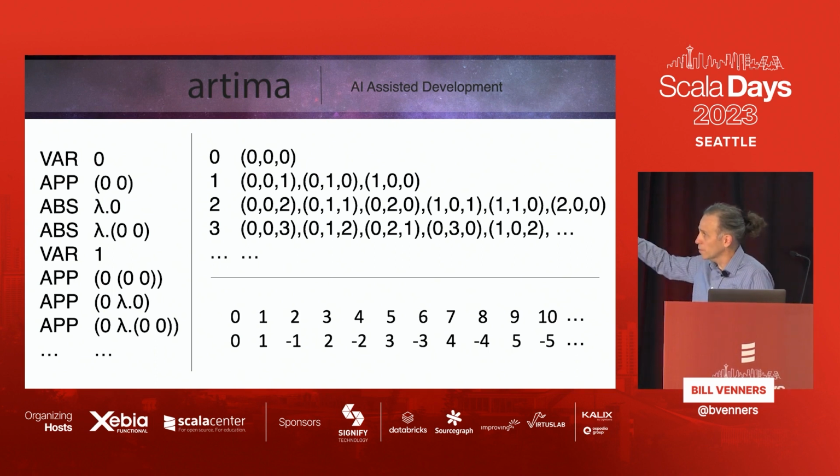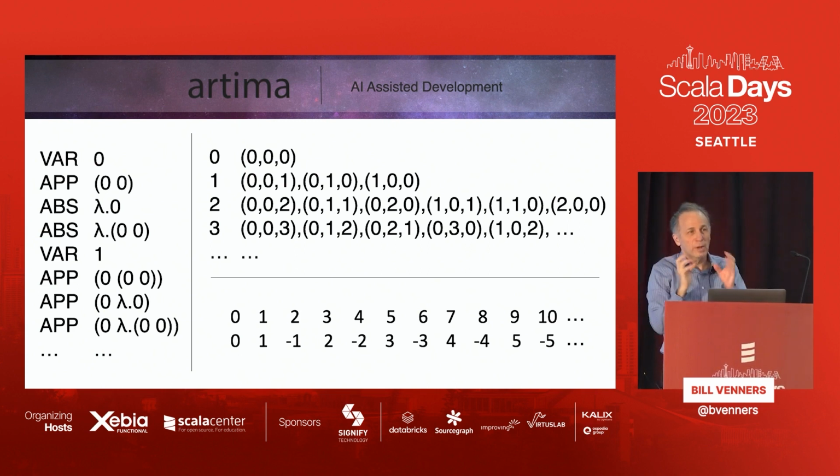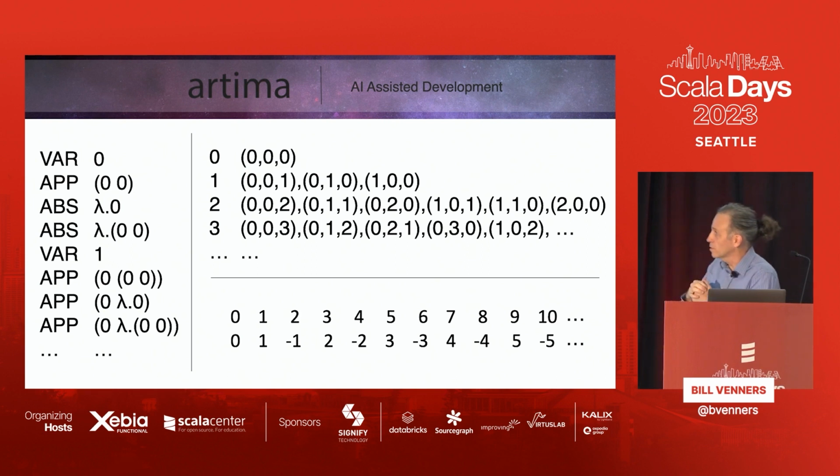And then it goes to application mode. What application mode does is look at all the terms that came before and pair them up in every combination that hasn't appeared before, so there's no duplicates. And then when that's done, we go to abstraction mode, and it just puts lambda dot in front of everything that came before that hasn't appeared before, so there's no duplicates, and then it repeats. So that, if you let it run forever, would generate all possible algorithms that exist, according to the Turing thesis, right?